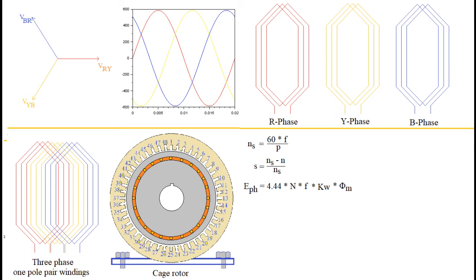We will only note that these windings are different from concentrated windings and it expresses in the form of winding factor Kw, that is less than 1. The EMF equation shown on the slide for induction motor has an additional factor Kw in comparison with the EMF equation for transformer.